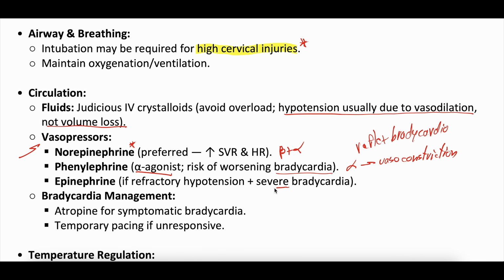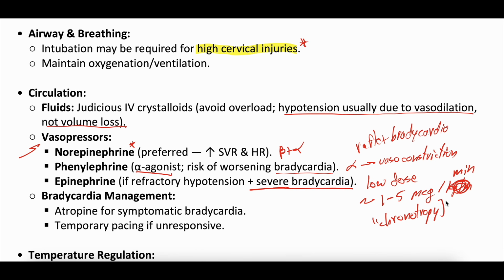Epinephrine can sometimes be helpful if there's severe bradycardia because low dose epinephrine, usually somewhere in the range of kind of 1 to 5 micrograms per minute, is usually the chronotropic effect, chronotropy being increasing heart rate. So if you have severe bradycardia, sometimes low-dose epinephrine can be helpful. Bradycardia management, you can try atropine, doesn't always work. You can try temporary pacing, and sometimes these patients even need a transvenous pacemaker if you're having significant hemodynamic derangement